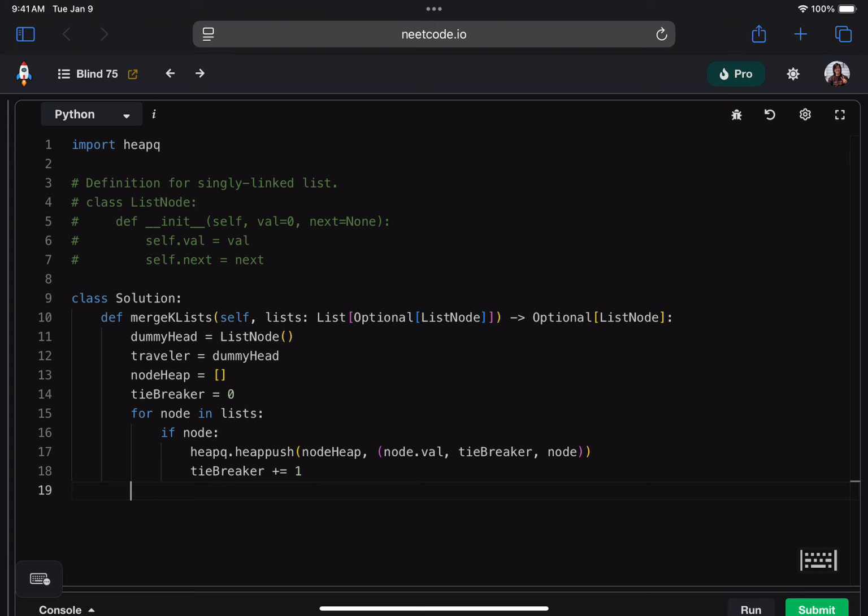Now, what are we going to do? Well, as long as there is something in that heap, we're going to say, go ahead and give me the minimum element. And here's where it gets weird: we need to hook up that traveler pointer, or whatever node is at the end of the list right now, to not the tuple, but to the actual node that sits at the end. So traveler.next is going to be,